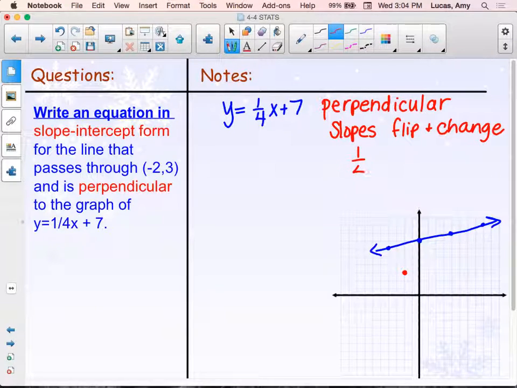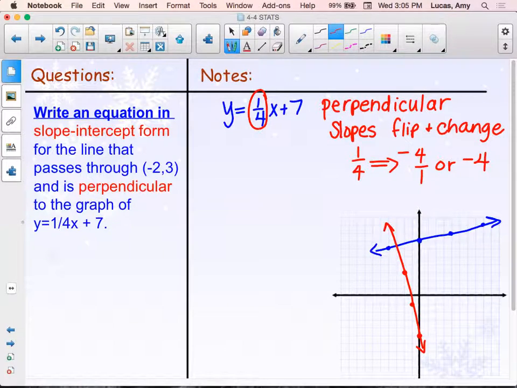The original slope is 1/4 here. I have to flip it over, so that's the reciprocal, and change the sign. So my new slope is -4. So I can graph my line. My new slope is -4, so down 4 over 1, down 4 over 1, and draw my line